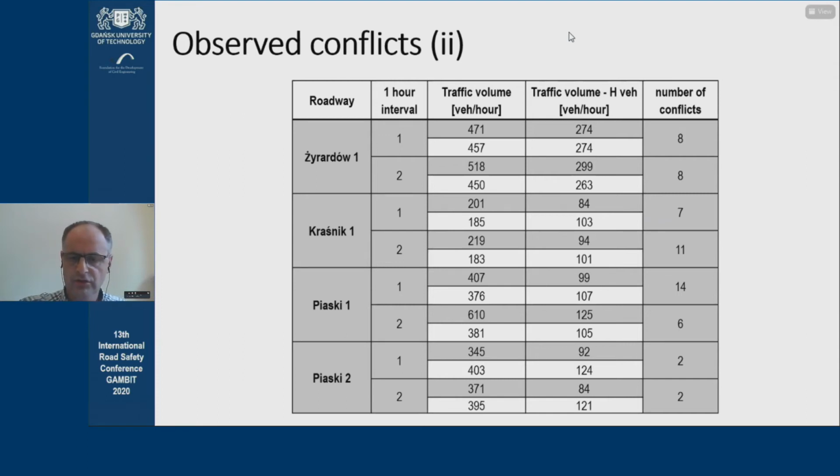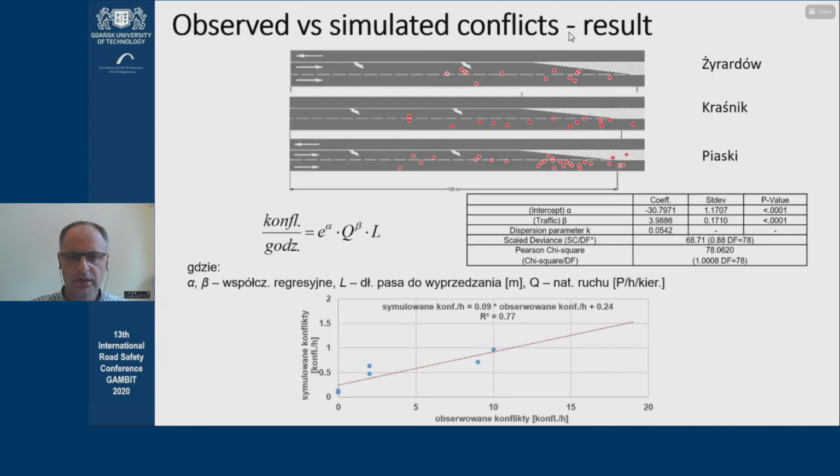You may be familiar with the cross-sections. On these sites, we have different intervals and different volumes of heavy vehicles. And then our goal was to understand the relation between observed and simulated conflicts. We didn't really have many sites, but the correlation is this: some 10% of conflicts,